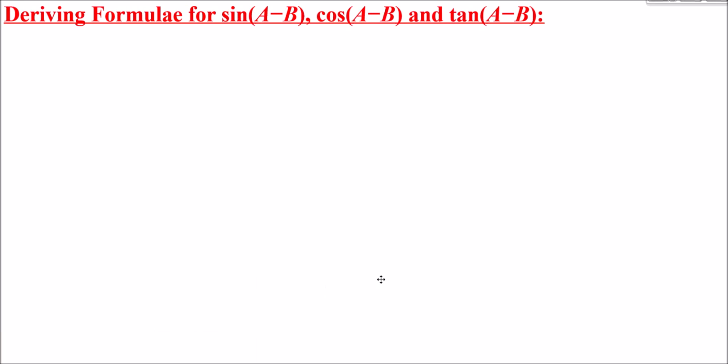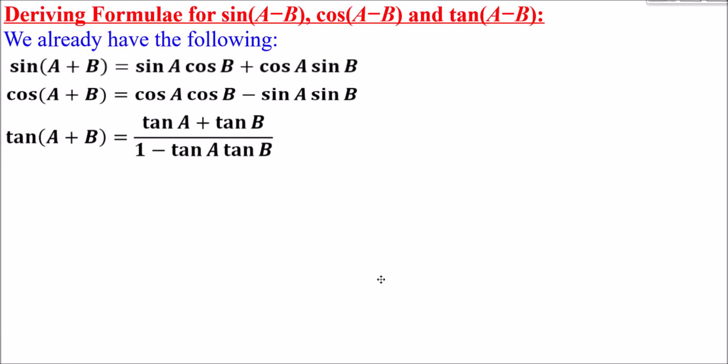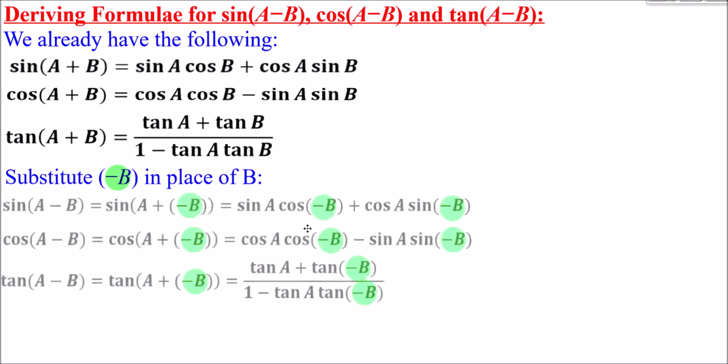Proving formulae for sine A minus B, cos A minus B, and tan A minus B. So we've already got the following from before, these three identities, so I'm just going to wheel them back in like that. So what we're going to do here, we can substitute in place of B, minus B instead. So if I just highlight that and add that one in,